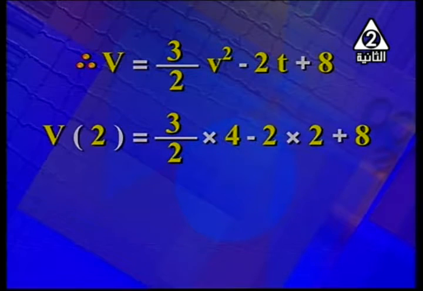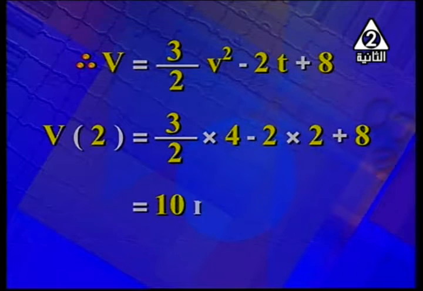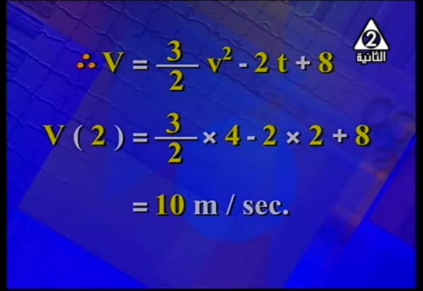v at 2 equals 3 over 2 t squared minus 2t plus 8, by using t equals 2. v at 2 equals 3 over 2 times 4 minus 2 times 2 plus 8. Answer is 10 meters per second. Since velocity is 3 over 2 t squared minus 2t plus 8,